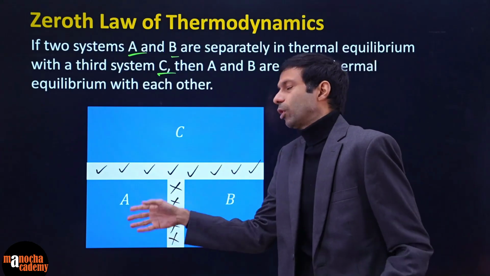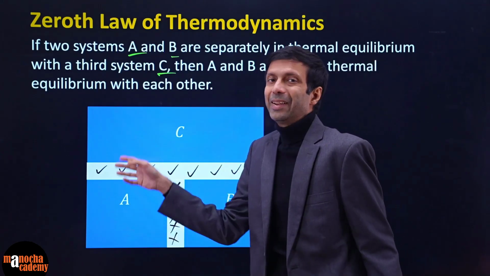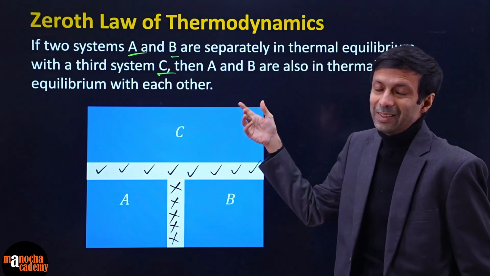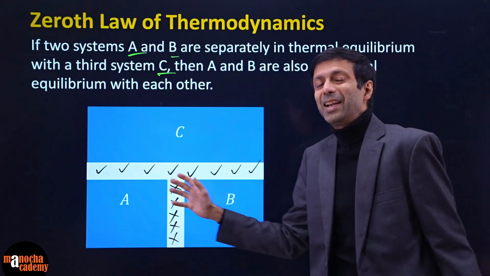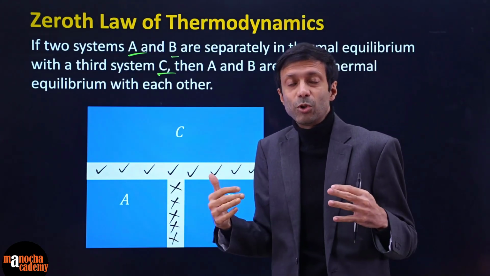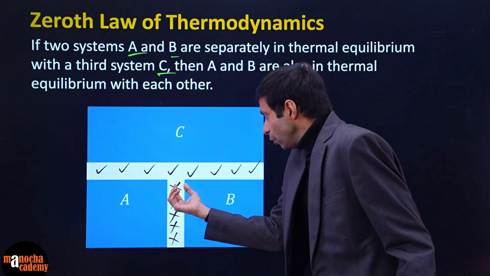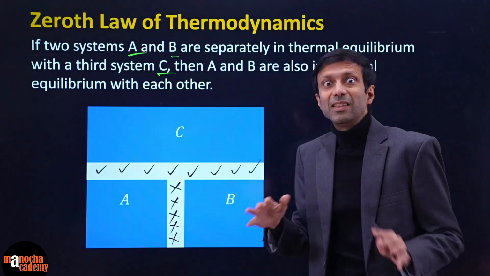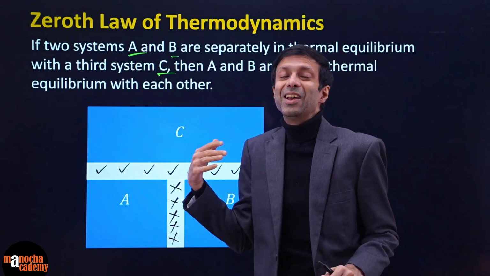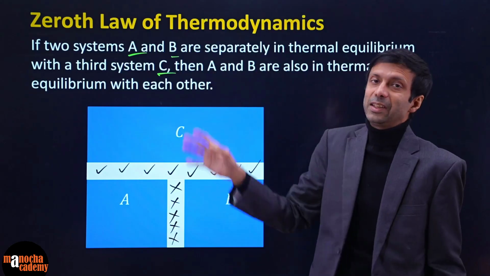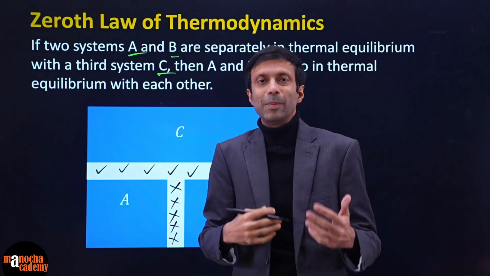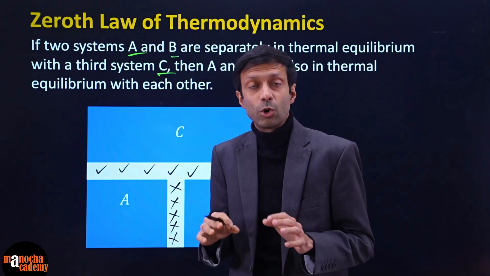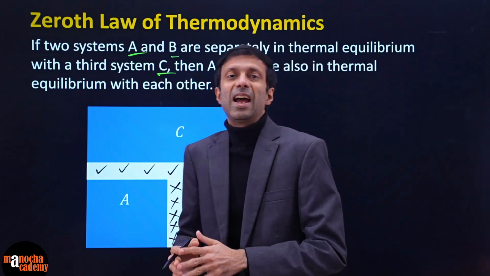So that is what the zeroth law talks about: there will be a heat transfer from A to C, B to C. And so A and B will attain the same temperature as C, which means finally A and B will be in thermal equilibrium also. They will have the same temperature. So if you remove this adiabatic boundary now, will any heat flow between A and B? The answer is no, because they are in thermal equilibrium. But if you want to know all the details about this zeroth law and all the basic thermodynamics stuff, please watch my earlier video. In this video, we're going to focus on the first law of thermodynamics and the specific heats of a gas.